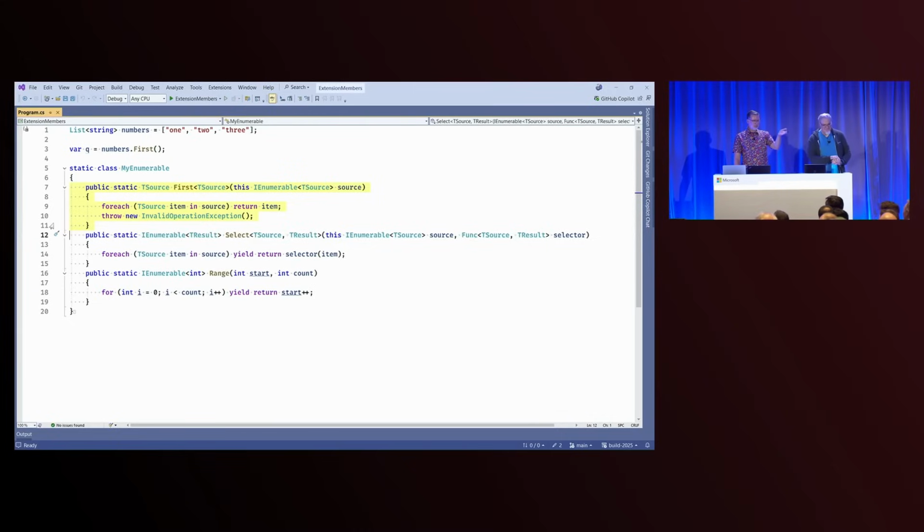What we're looking at in this example is that we just took a couple of the methods from System.Linq.Enumerable and copied them over. We didn't actually copy the implementations, just because they're long, but just to use them as examples of what we're doing here. But let's talk about why we didn't add something like extension properties before. It really has a lot to do with the syntax that we chose for declaring extension methods.